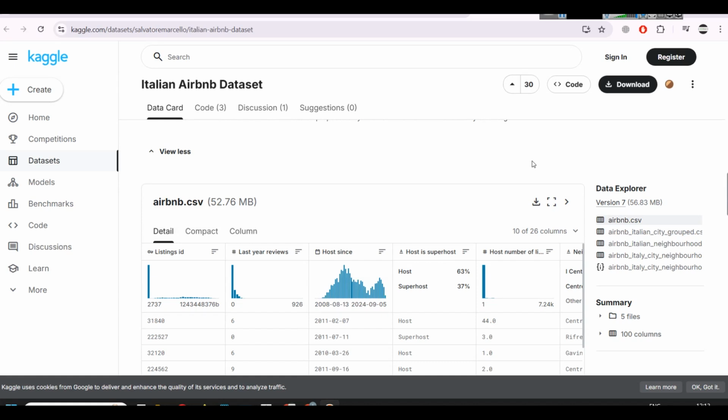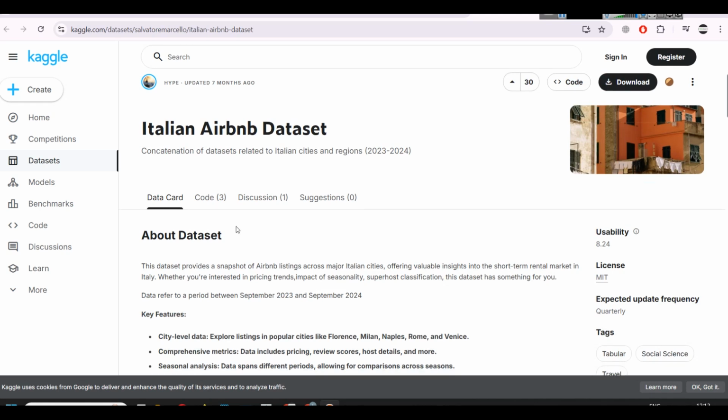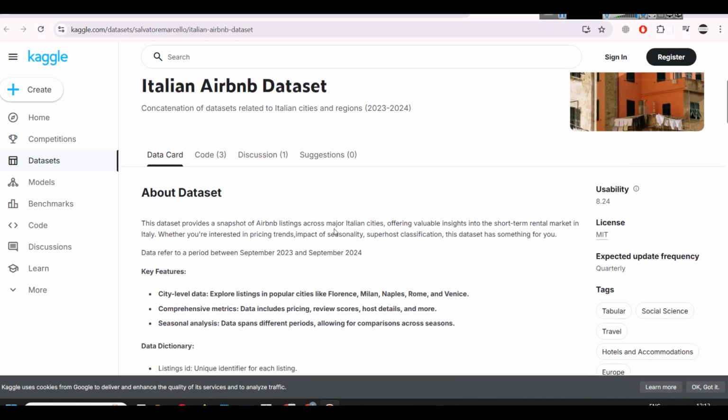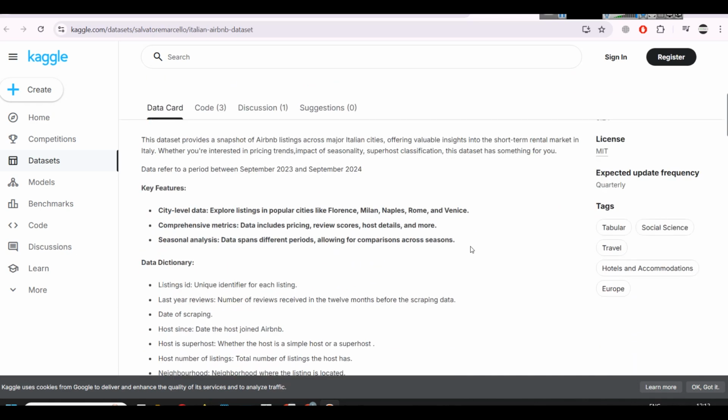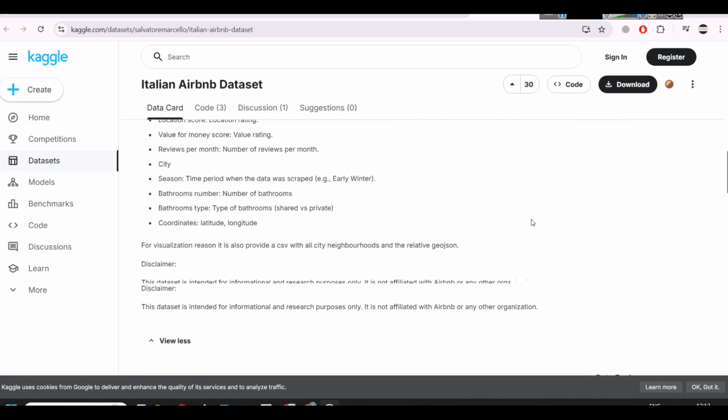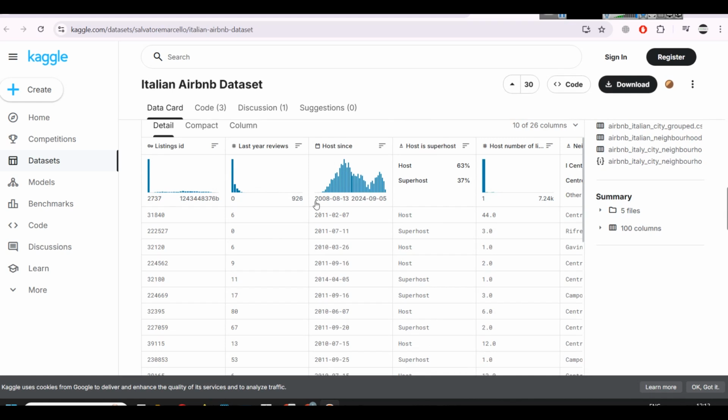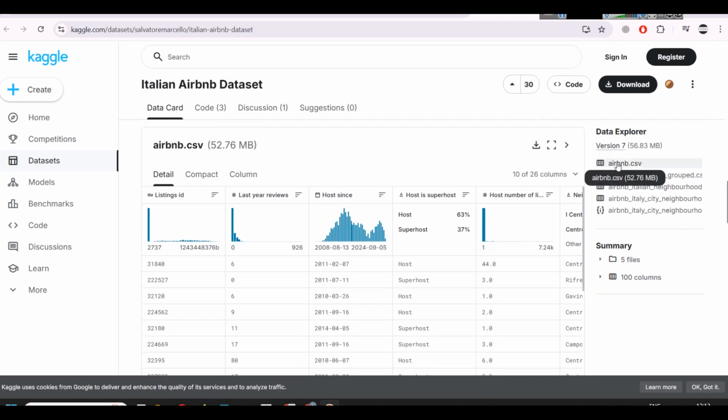So the data set that we are using in this project is this Italian Airbnb data set that was available in this particular Kaggle, where a user has provided a snapshot of listings across major Italian cities like Florence, Milan, Naples, etc. And we will use this data set where you can see it has around 26 columns, which I'll explain. And we are using this particular file, the CSV file. So we will download the CSV file and then load it in our favorite BI tool and start analyzing the